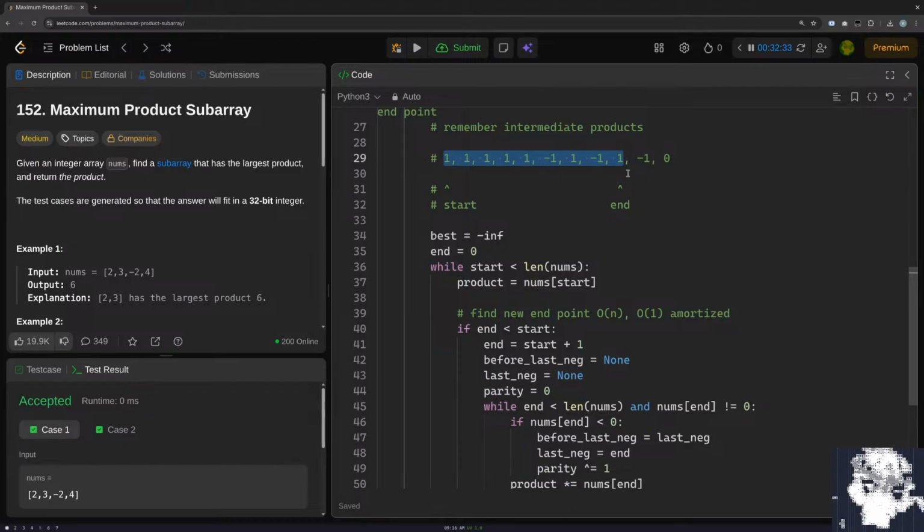Because then the product, because the thing is, what we're going to be having to do is divide by the thing at the front of the list in order to keep